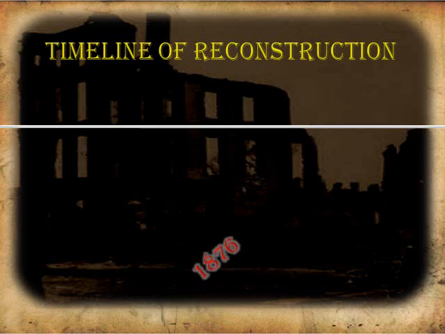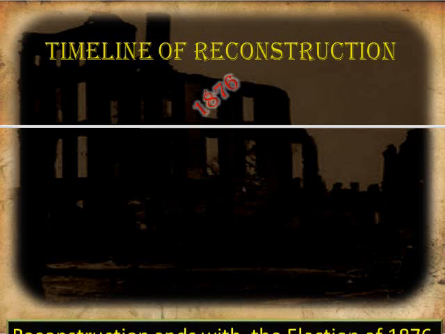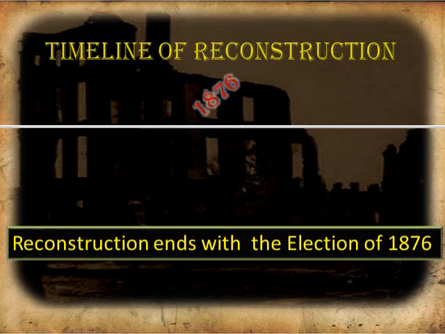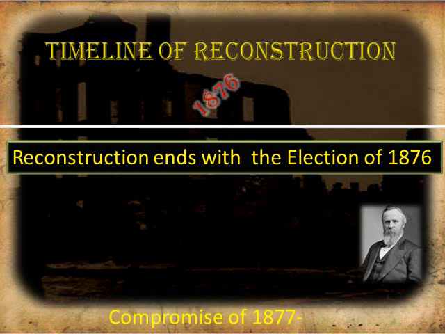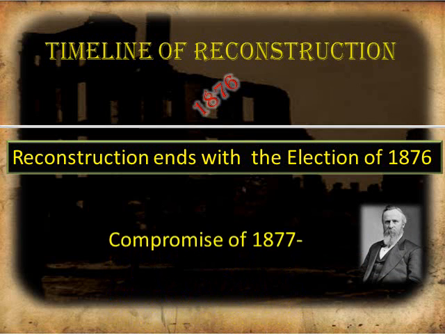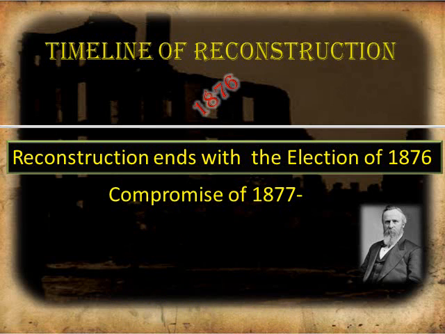So to jump ahead, in 1876, most of the southern states had regained their status, full states within the Union, and they feel as though they have paid the price. And this next election in 1876 is going to be one that is not just an election, but something known as the Compromise of 1877, because it is going to involve the election of one Rutherford B. Hayes. No relation. He's an English Hayes, we are Irish Hayeses.